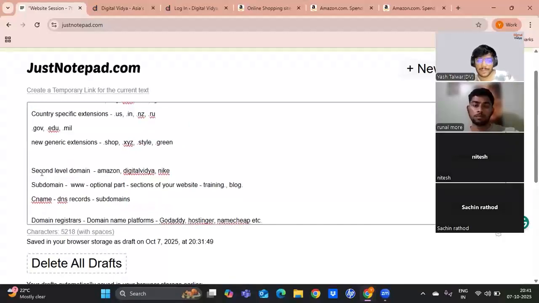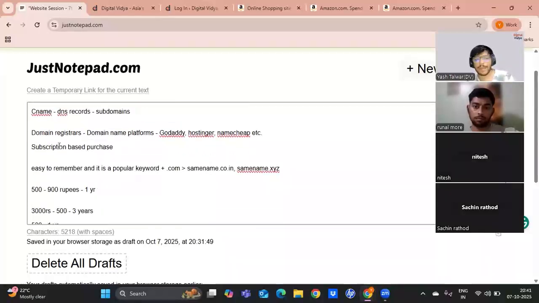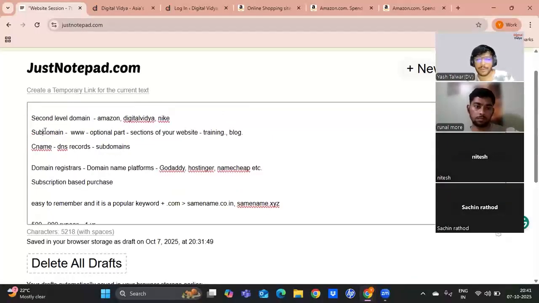Then there is a second level domain, that is the name of the business or the brand itself. Then we have a subdomain, which is the leftmost part of your domain, like www, training, blog, etc. You can create a subdomain for your website, whatever. Right? These are the three parts of your domain.